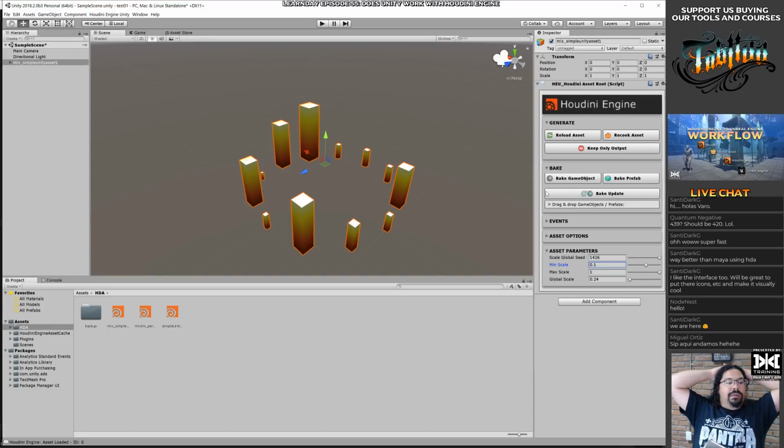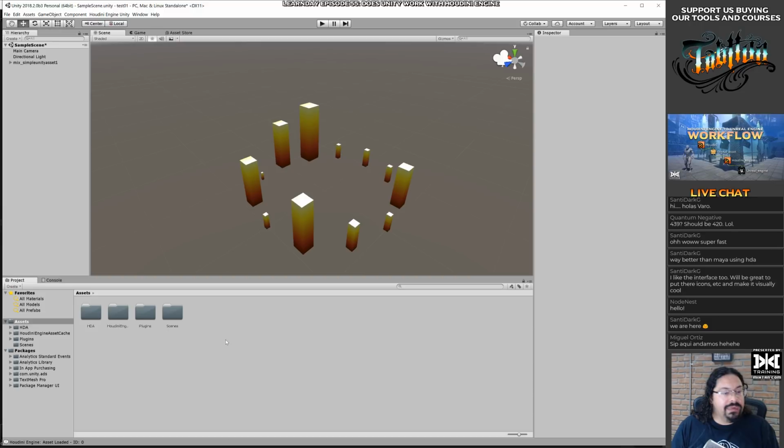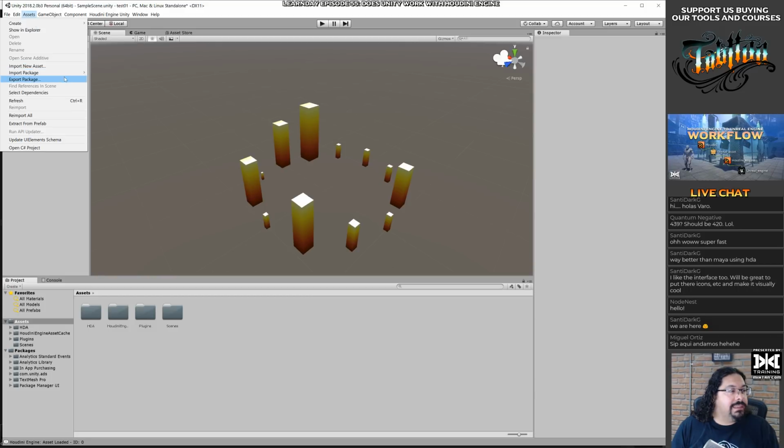Let's use... I don't have anything here from... Is there a way to get some shaders here in Unity? There was packages before and sample scenes.